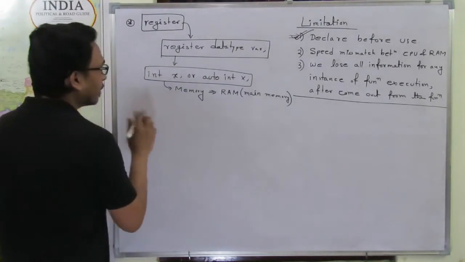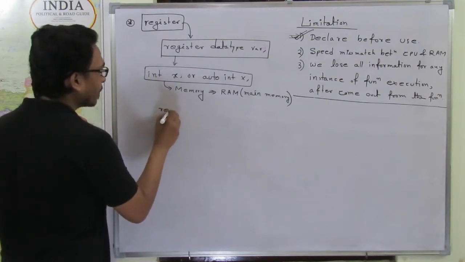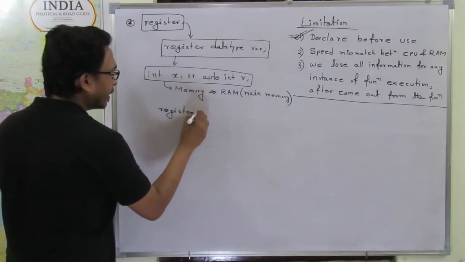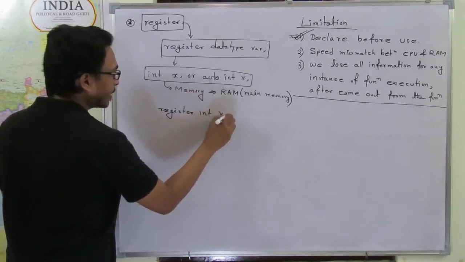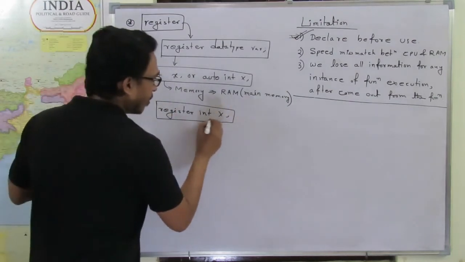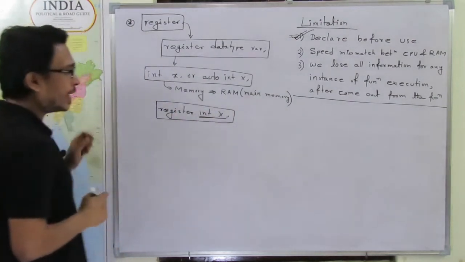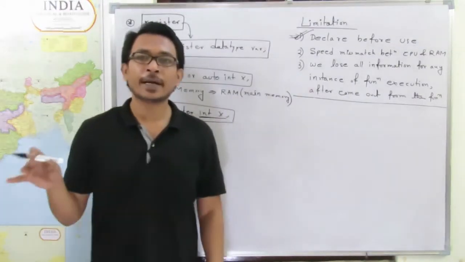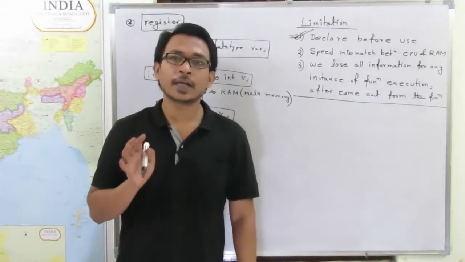That means if we declare register int x, at that time the memory allocated for this variable x is from a register, not from the main memory. But here is one